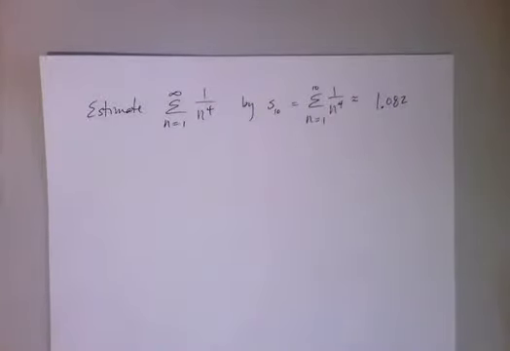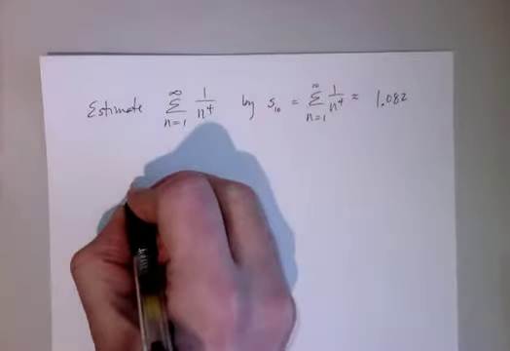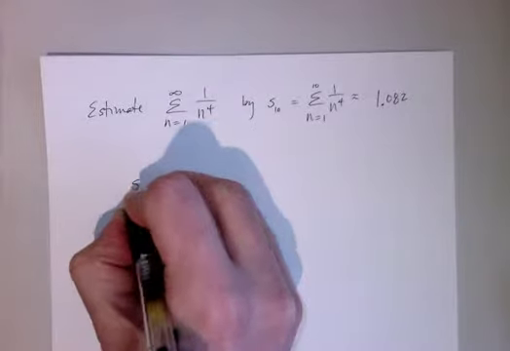Okay? Well, here's the thing. We have an error formula in the book which actually tells us, and it has to do with that relationship between the integral and the Riemann sum. The fact that the Riemann sum can help us estimate the integral, the area under the curve, that also means that the area under the curve can help us estimate the Riemann sum, meaning the series, okay? And because of that, and it lays that out from 718 to 719, I know that there's this general formula that says that the nth